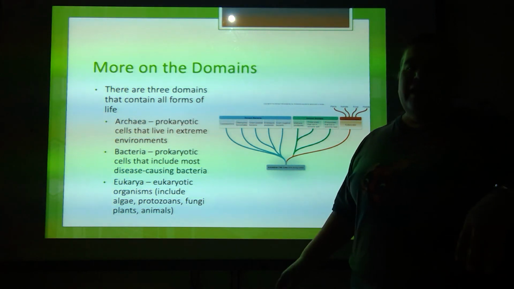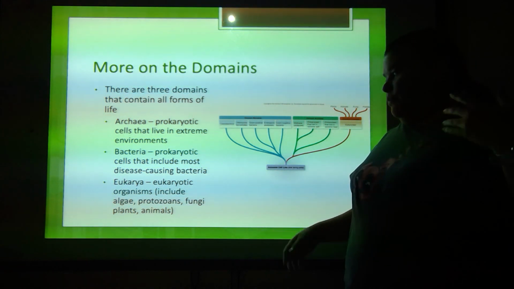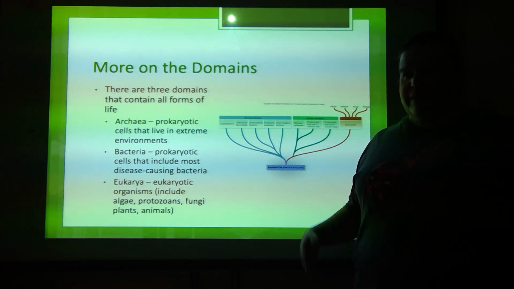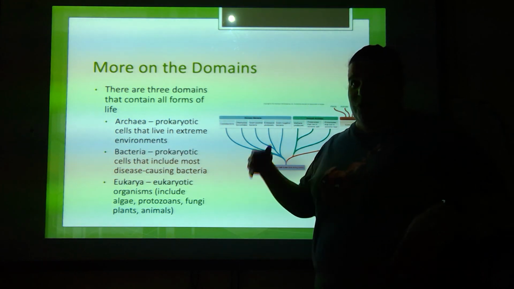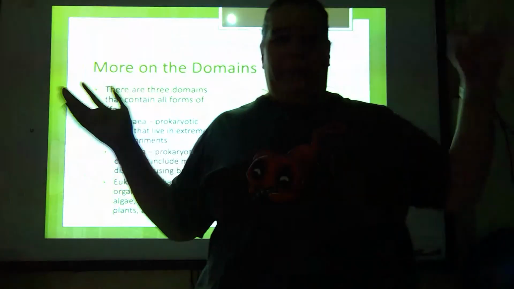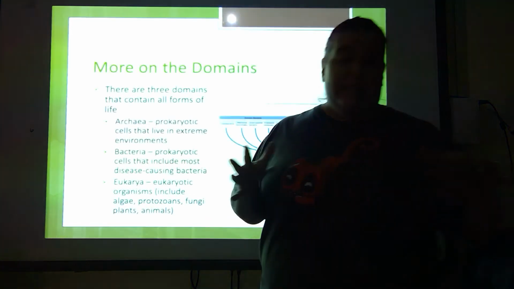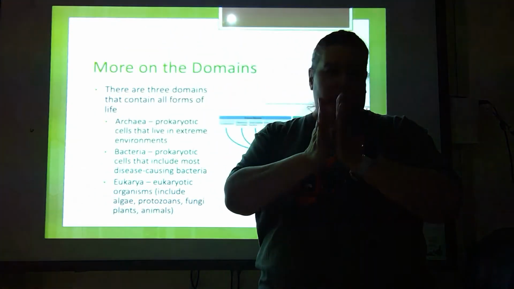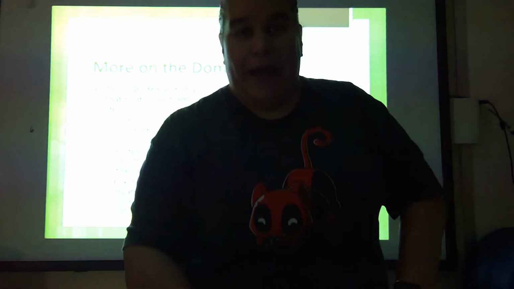Eukarya. Eukarya is all eukaryotic organisms. It includes algae, protozoans, fungi, plants, and animals. So trees, rose bushes, us, bears, lemurs, hippopotami. It includes all of that. So you've got this kind of classification system that, like I said, you go from big umbrella to smaller to smaller to smaller to basically a focus group. Okay, so that's chapter 1.